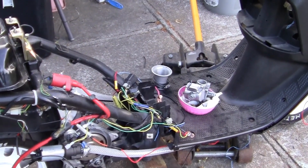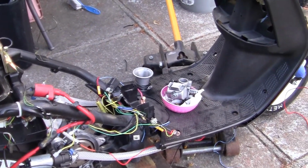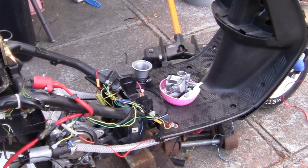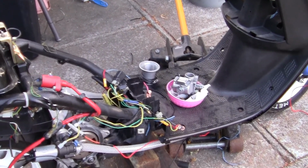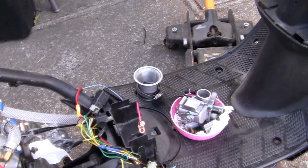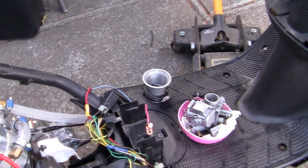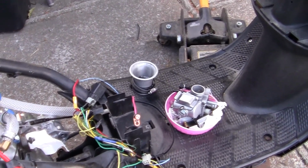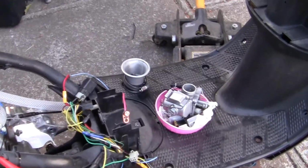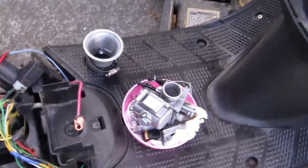Here is a stock carb which has been on the bike in the last motor iteration. I haven't cleaned it for 2 years, I don't think, something like that. Anyway, it's a 28mm Oko, which has been really good. But the jet settings are correct, the needle height is correct. The next thing I'll do, when I cleaned this up last night, it's about